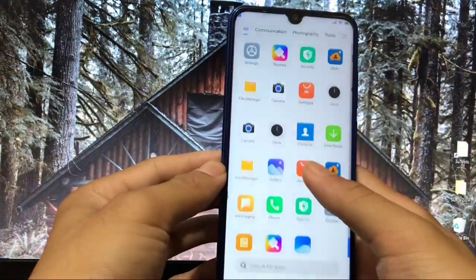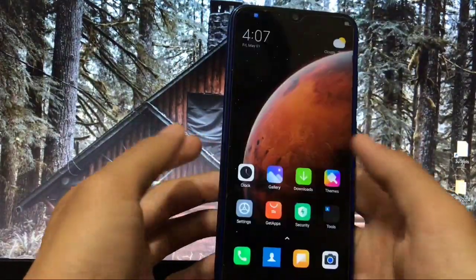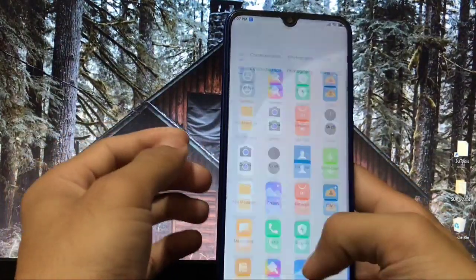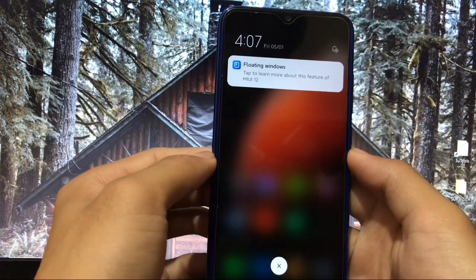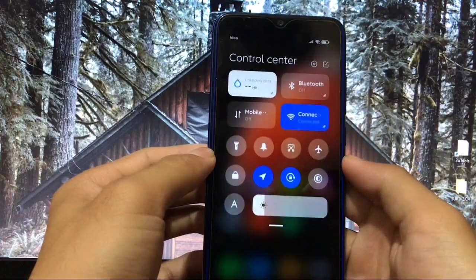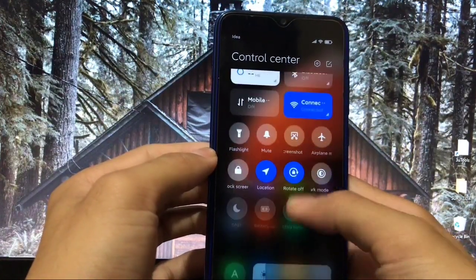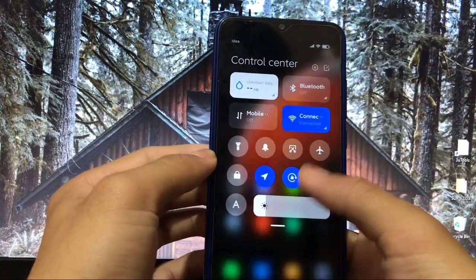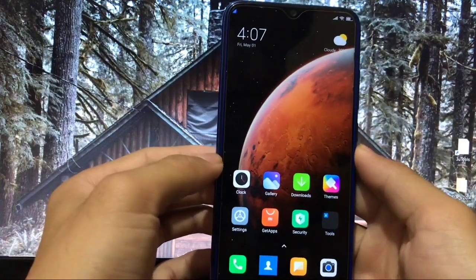And as you can see, this is an app drawer which is working without any issues at all. You can use this app drawer and it is working without any lags, without any bugs at all. And here, by swiping down from left, you can see your notification panel, and swiping down from right, you can see your control center, which is looking very good and also opening without any lags. Here it is. Yes, a little bit slow but without lags, so that is very good.